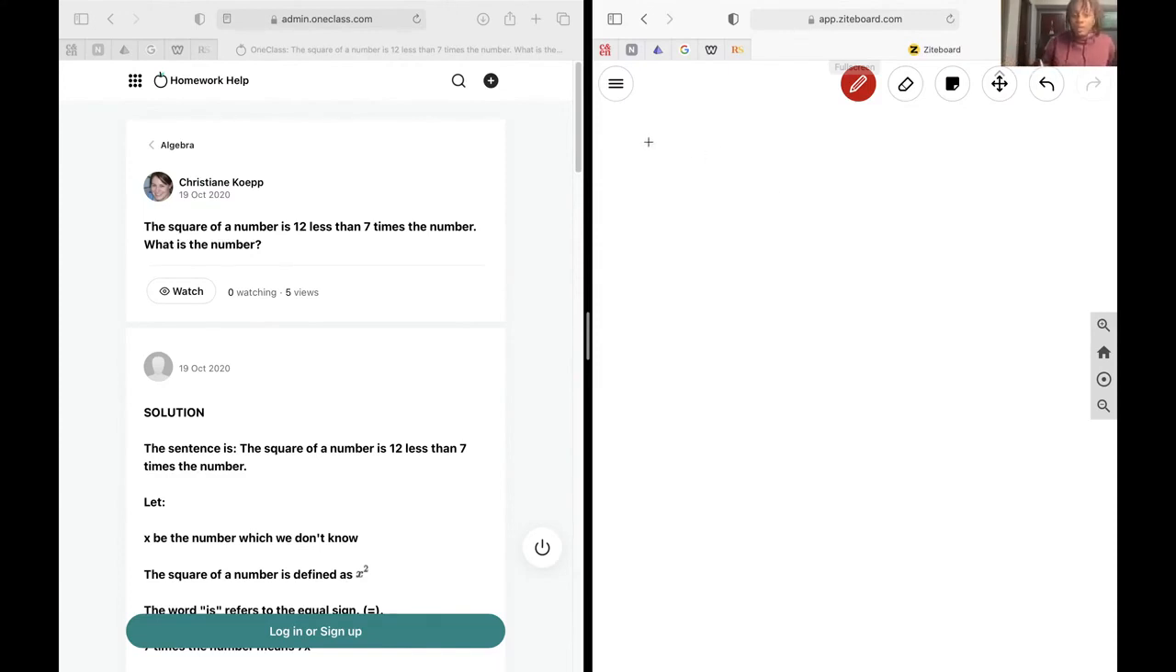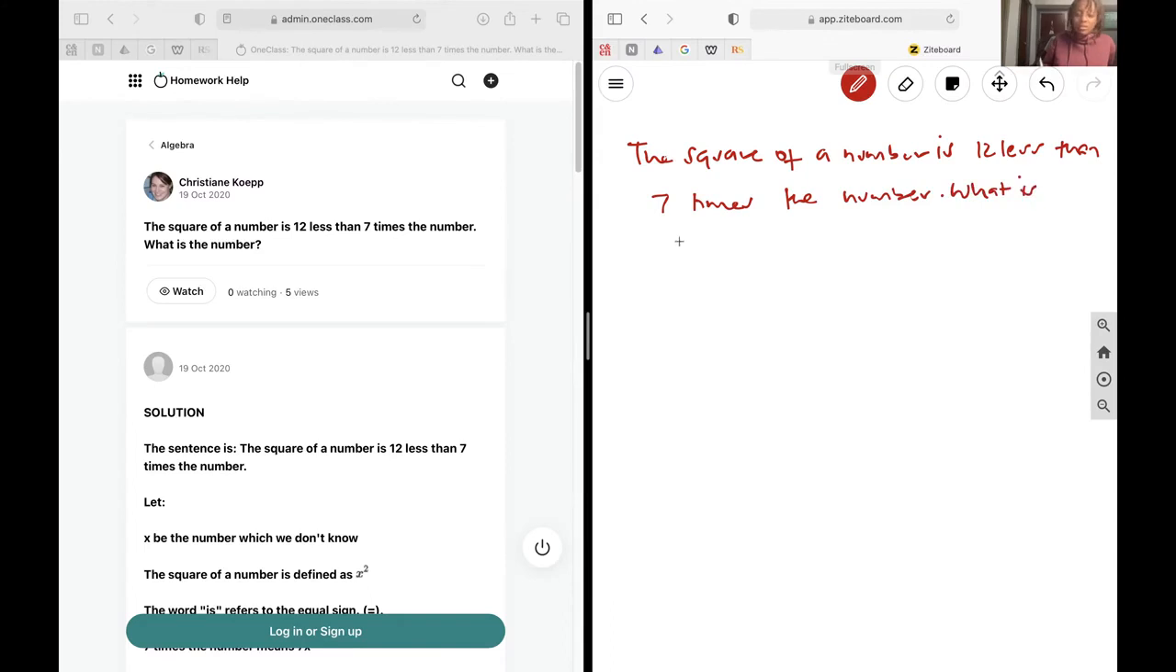And so for this question, I have that the square of a number is 12 less than 7 times the number. What is the number? So in this question, my variable, what I'm looking for, is the number. It's what I've been asked for. So I can decide to call the number